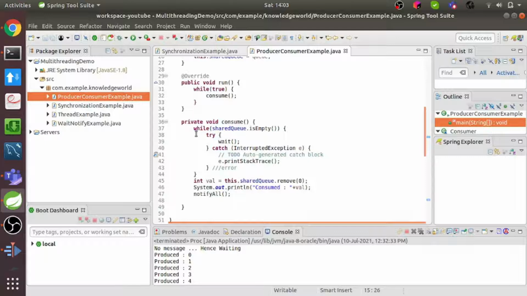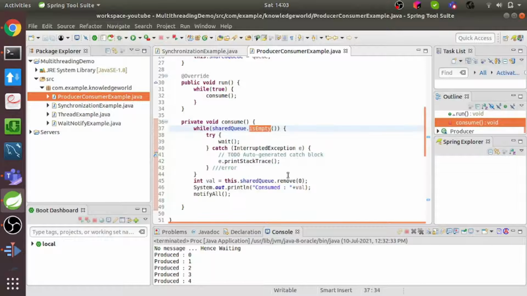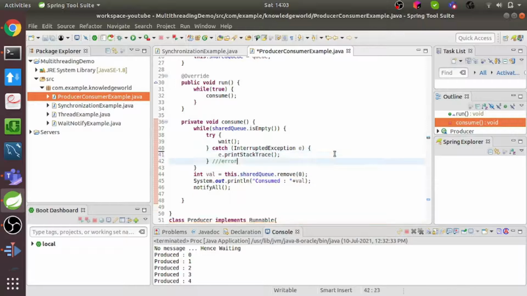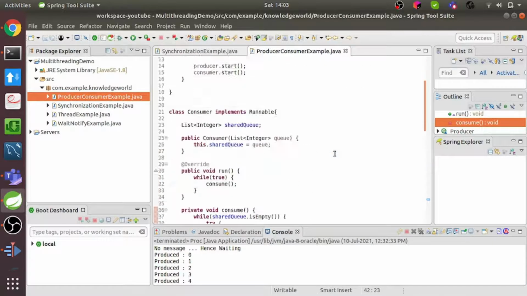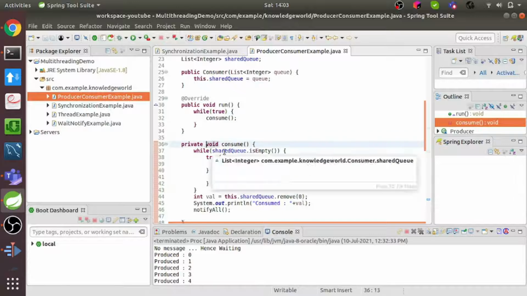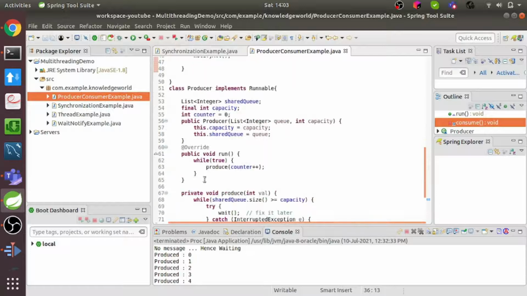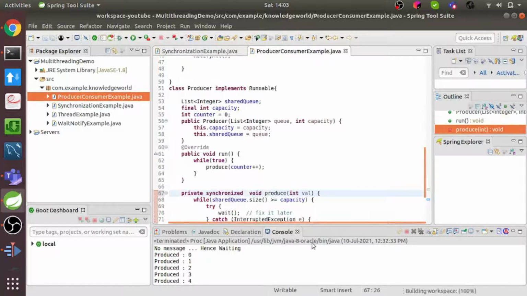So first of all, like I mentioned, this is the critical section because it's checking whether the queue is empty or not, and it's removing. Then this code needs to be synchronized, right? Because multiple threads can access it, so it could lead to inconsistencies. So how do we synchronize this? Let's say we have seen synchronized methods. So assume we synchronize the methods, same for both produce and consume. It won't work. Let's try to run it.